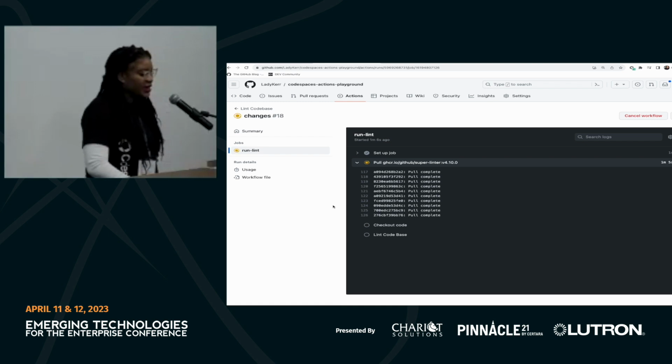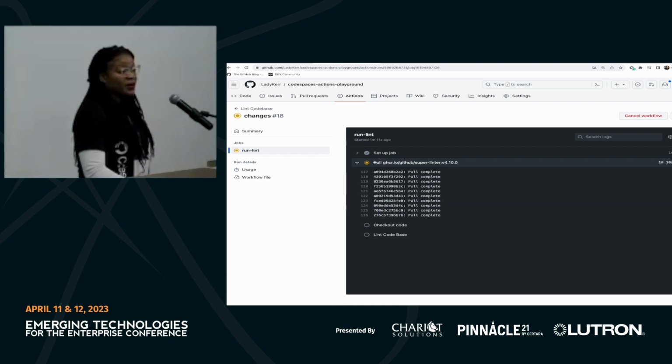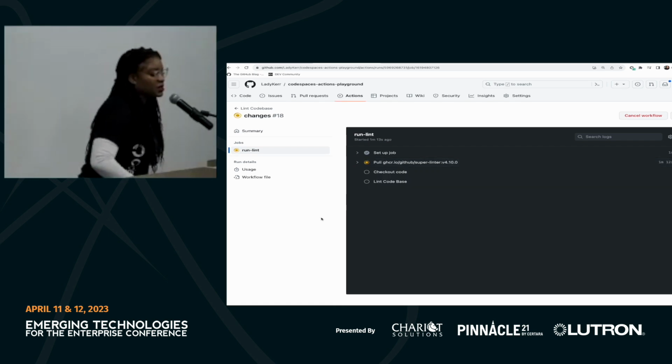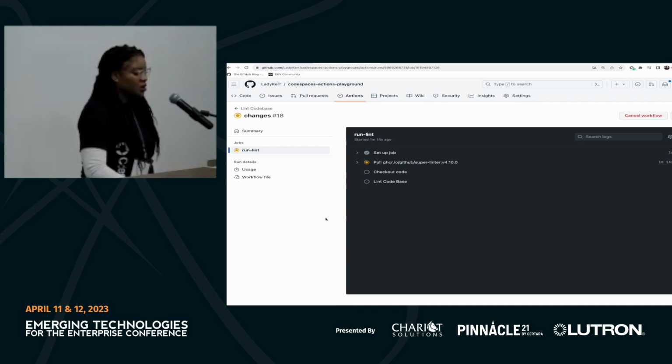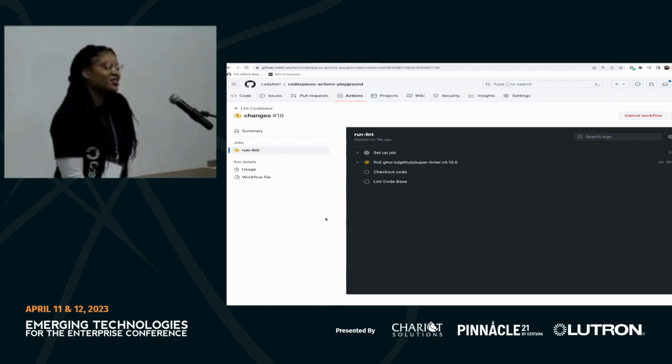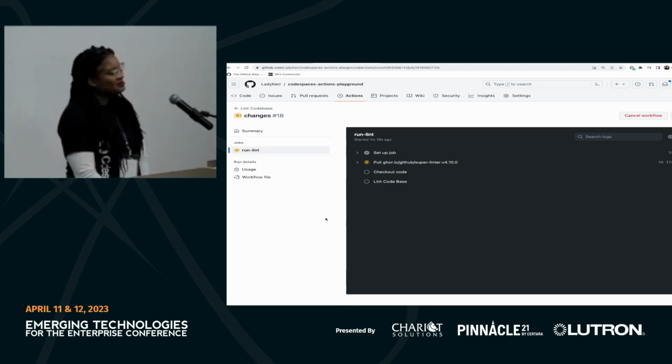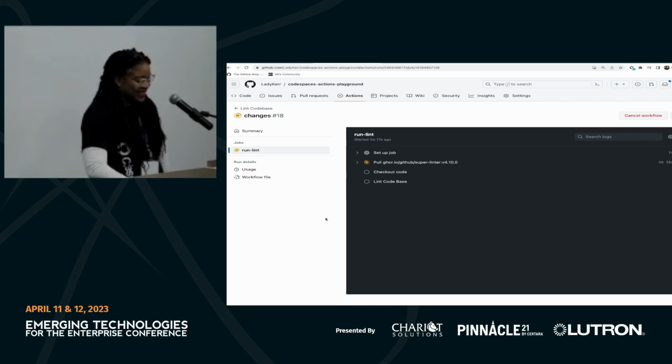So right here, it's grabbing the super linter action from the marketplace that we're going to be needing for the lint code base step. Cool, and it should be done soon. So while we wait for that,